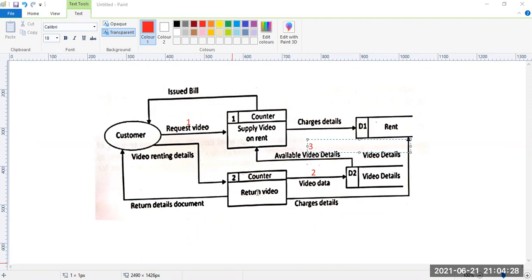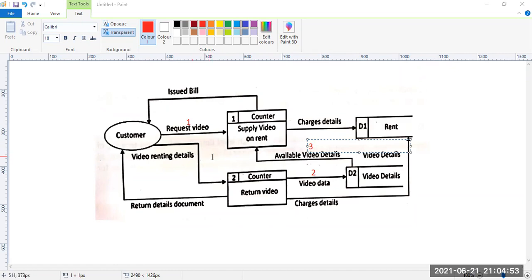Sorry about that. So we have this happening, this happening. Because both of these are counters, the flow is coming from different counters, but it should come from the same counter. So there should be another arrow here giving him the video details, not video renting details.